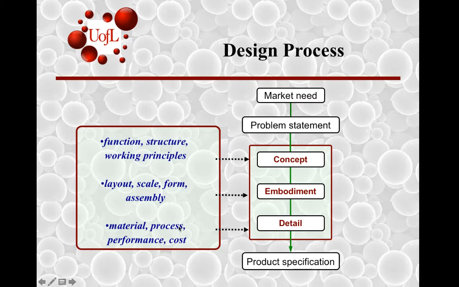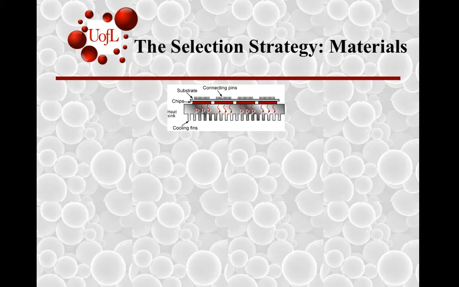How is it going to be made as a product? So the process, we'll look at that during module 4. And then, will it work well compared to alternatives? Will it be cheaper than other alternatives, right? So all these considerations get put in place. For example, with this particular example,